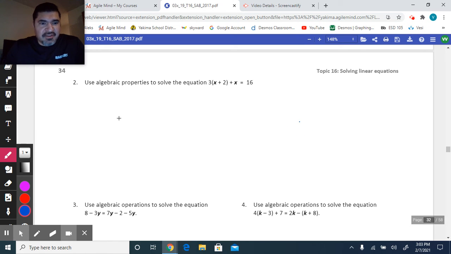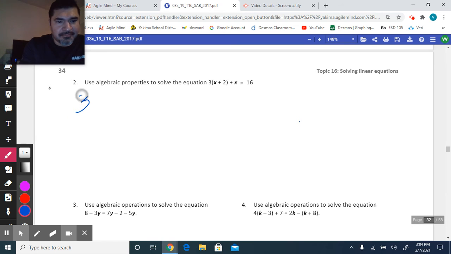Okay, so we're going to continue on number 2. It says use algebraic properties to solve the equation 3 times the quantity of x plus 2 plus x equals 16. Okay, so the first thing I'm looking at is I need to distribute this 3. I need to distribute the 3 to the x, and then I need to distribute it to the 2 as well. So I'm going to go ahead and write